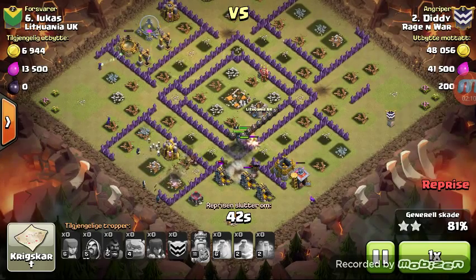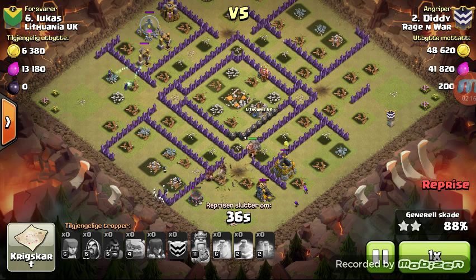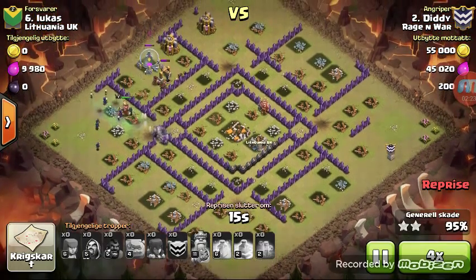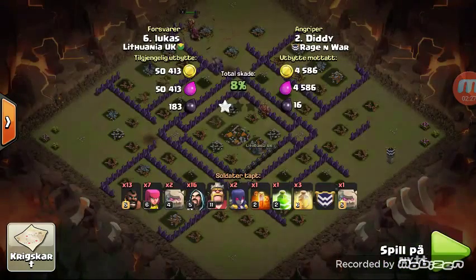That last giant bomb will not affect full health hogs, which is why you start hogging when you have level 4 and level 5 hogs. And let's go ahead and fast forward through this because we know this is a top 4, meaning it's a 3-star. Good job, Diddy, on another great hybrid attack. Now the next one we're going to look at is from...